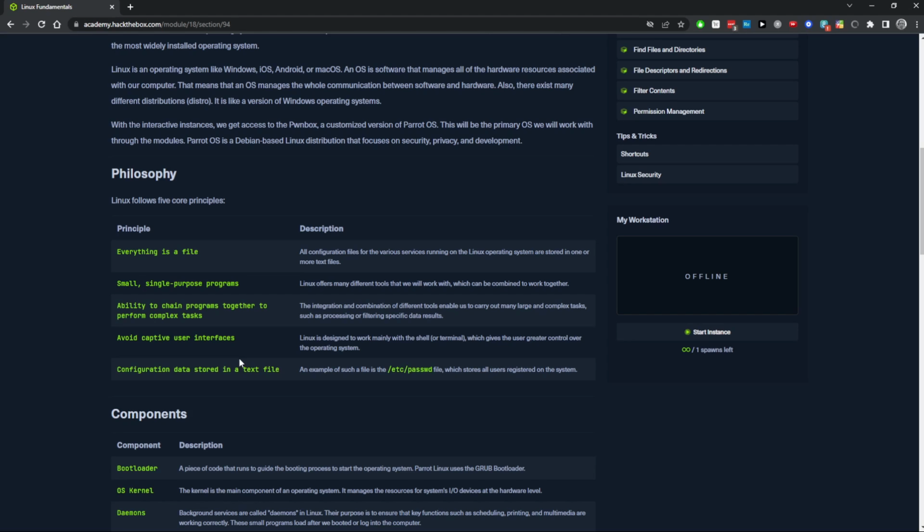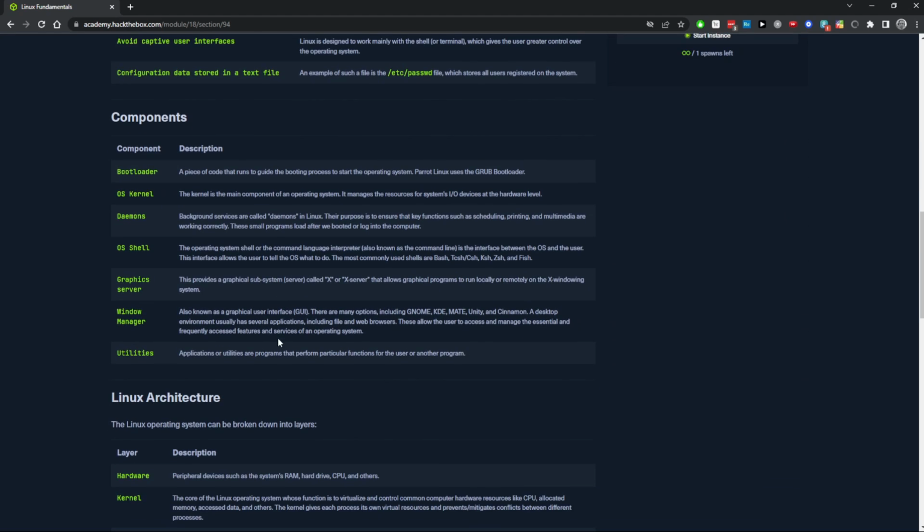Number 4, avoid captive user interfaces. Linux is designed to work mainly with a shell or terminal, which gives the user greater control over the operating system. Okay. 5, configuration data stored in a text file. An example of such a file is the /etc/passwd file, which stores all users registered on the system. Cool. Okay. Components. The bootloader, a piece of code that runs to guide the booting process to start the operating